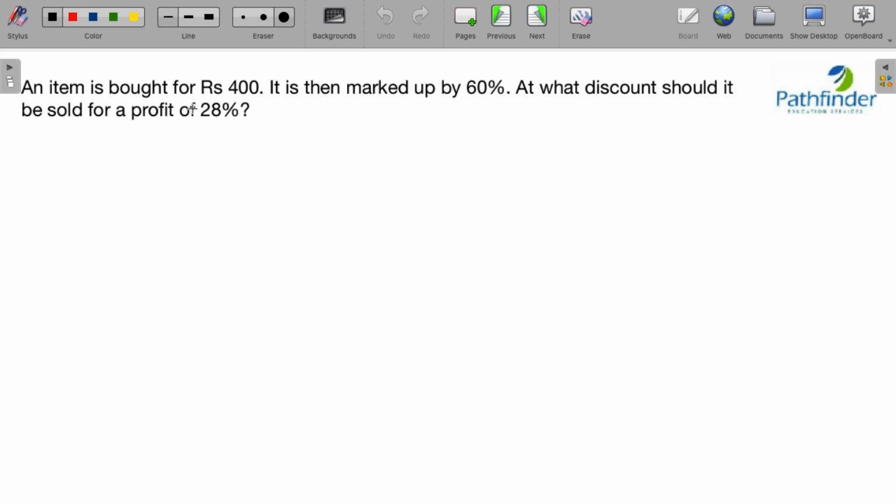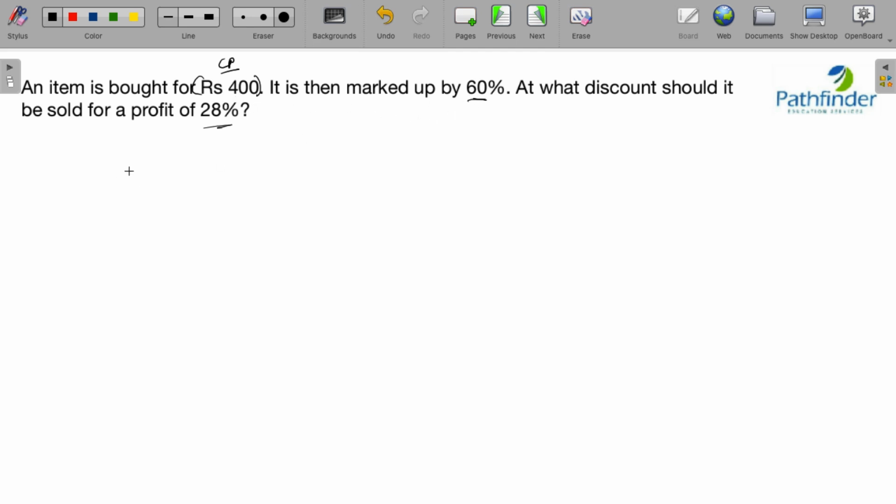we have an item is bought for rupees 400. It is then marked up by 60%. At what discount should it be sold for a profit of 28%? Now in this case, should we assume? That is the first decision you should make. Should we assume any values for CP or SP? No, because this price is already given to you, and all values are not given in terms of percentage or ratios. So don't assume. Just use this value for CP because it is bought at rupees 400 and marked up